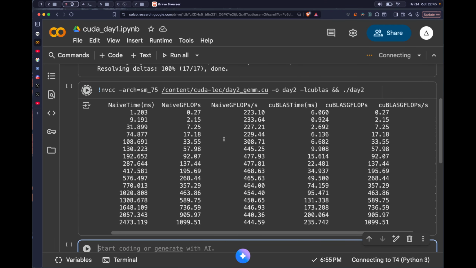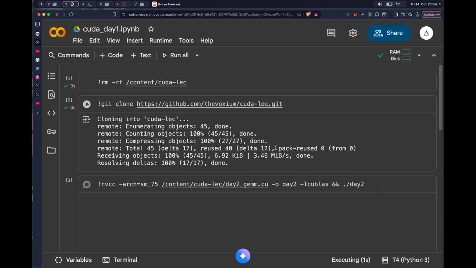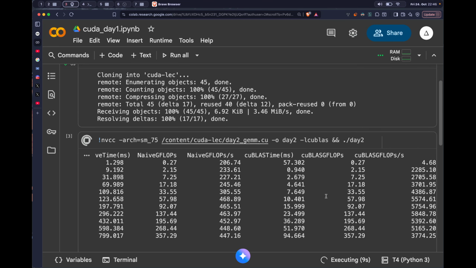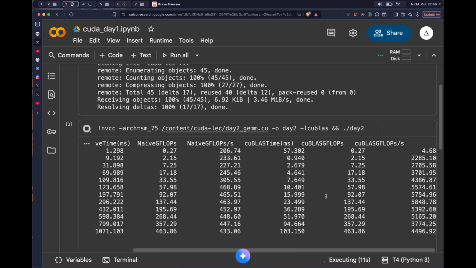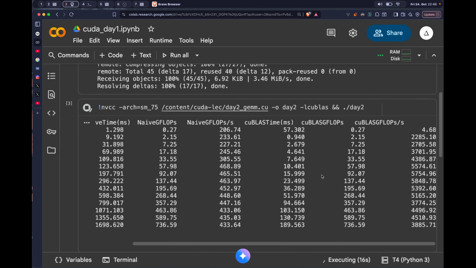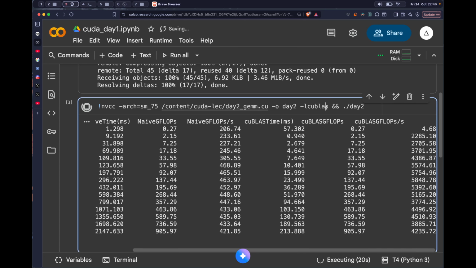I have already run it, but I'll just try to run it again. Now, please remember, the first run sometimes does not give correct results. So what you need to do is run it again. We will see quite a lot of difference if you run the code again. But in this case, the GPUs are warmed up already, so you won't see a lot of difference, but you